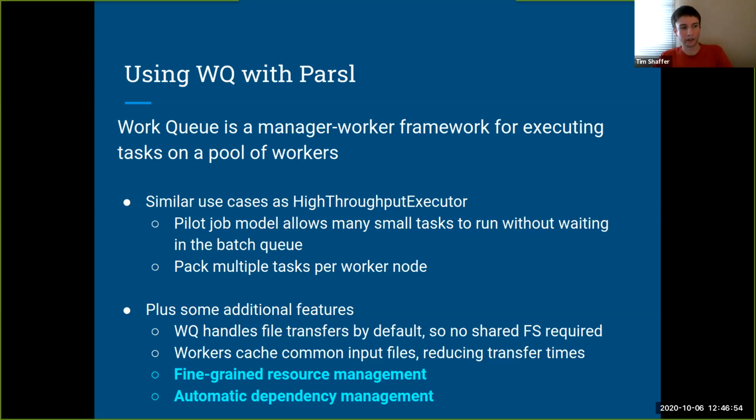It doesn't assume that a shared file system is present, so it'll do transfers of data and other dependencies on its own. That might be useful in certain situations, and we'll talk about that later. And it does its own caching of common input files, and that's useful for reducing the amount of time spent transferring these big files. The exciting things we're talking about in this presentation are fine-grained resource management and automatic